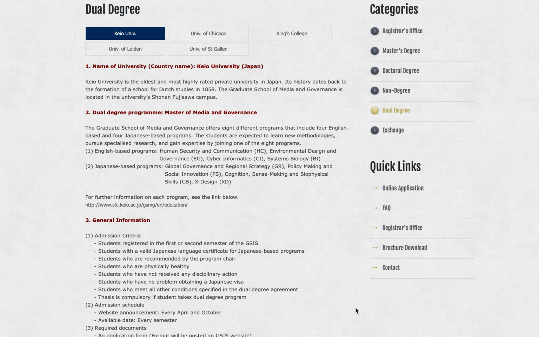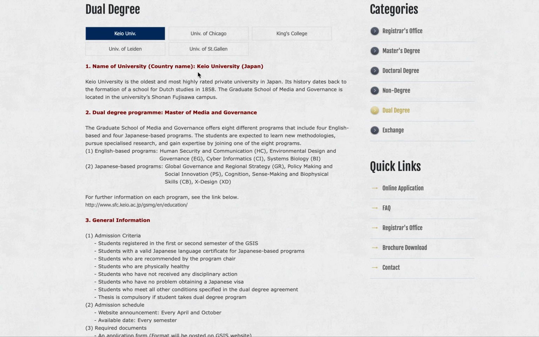So what's this dual degree program? Keio University is a very famous, the oldest and most highly rated private university in Japan. Its history goes back to the formation of a school for Dutch studies in 1858. So the program